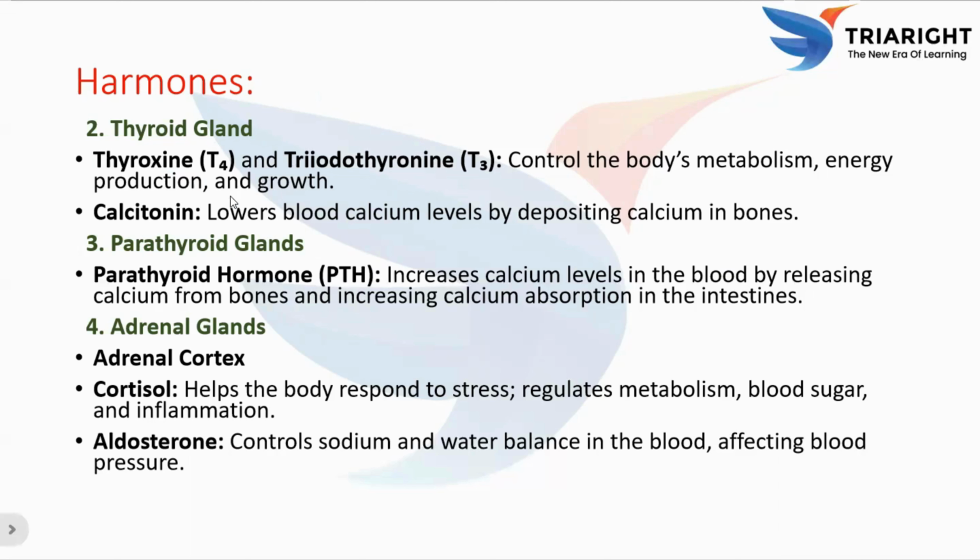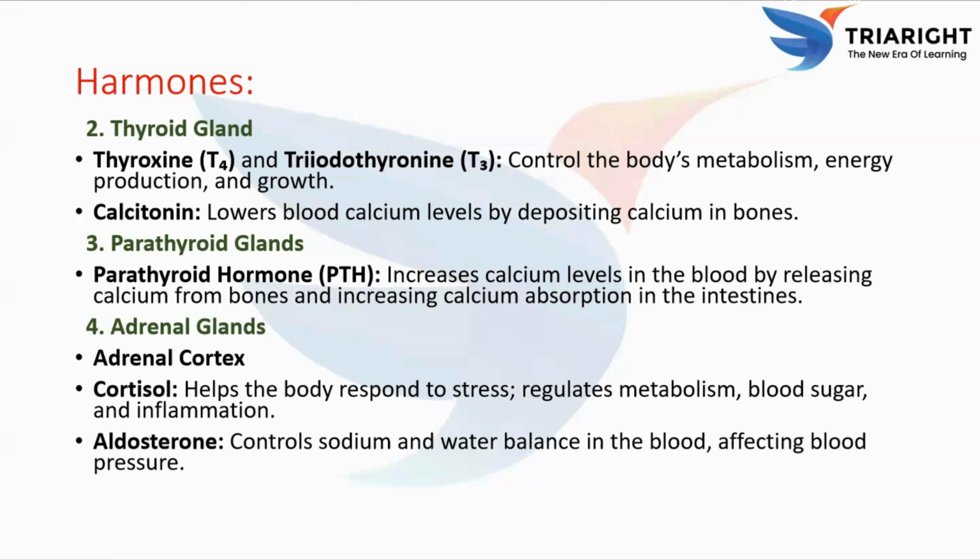And calcitonin. Calcitonin is also a hormone released by the thyroid gland. This hormone reduces the blood calcium levels. It helps to store calcium in the bones by decreasing the calcium in the blood. For example, when there is too much calcium in your blood, calcitonin helps deposit it into bones to keep